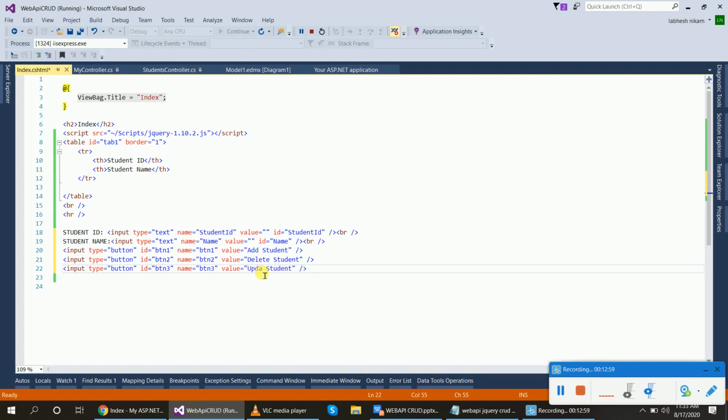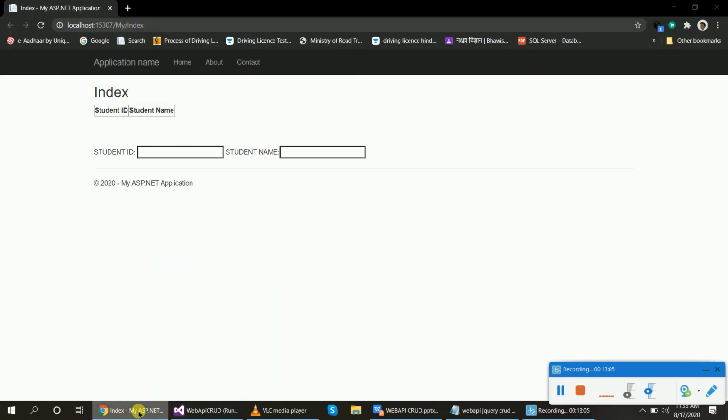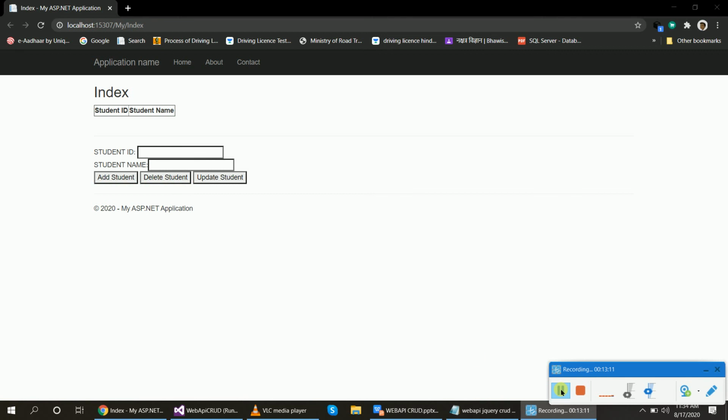Okay, guys, first we will run and check whether it is okay or not. Right, guys, now you can see here all three buttons and the form. Refresh the page. No data.